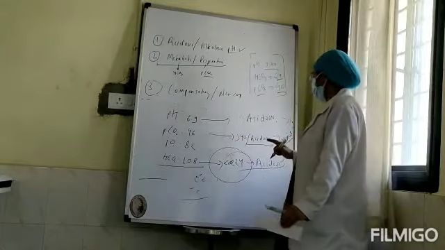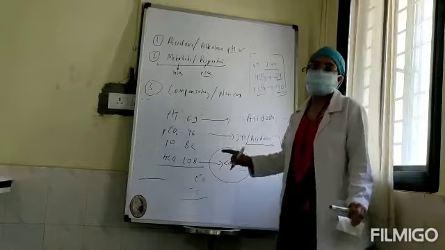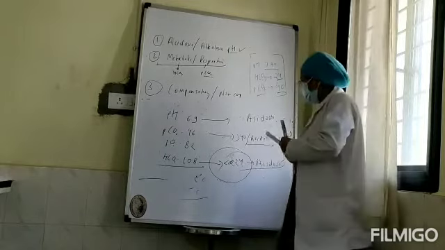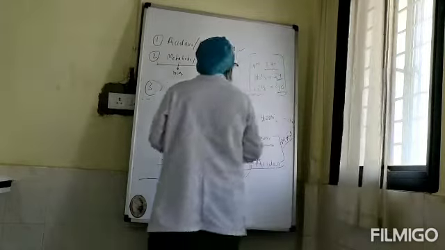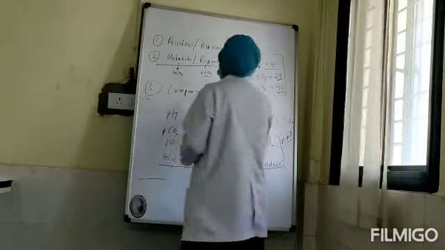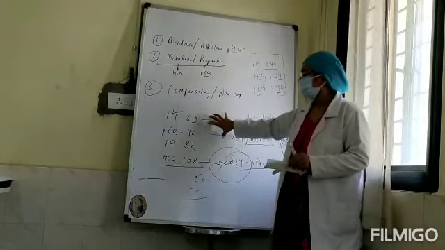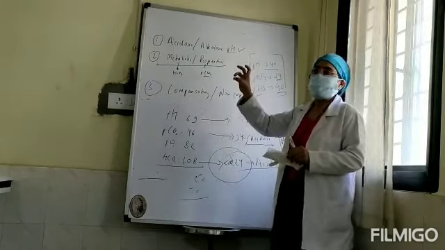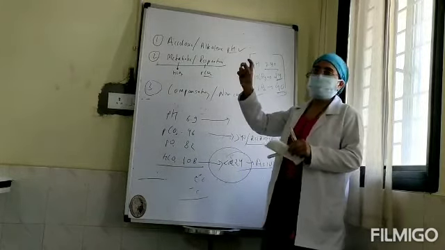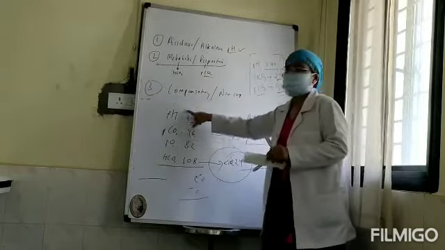Now I have to decide what the expected CO2 should be for this case, so that I know how abnormal this CO2 is. So how do I calculate the compensation? Definitely this is a decompensated ABGA. Compensation means your pH should be in the normal limit. Not exactly 7.4, but between 7.35 and 7.45. That is compensatory. But this is definitely a decompensated condition.